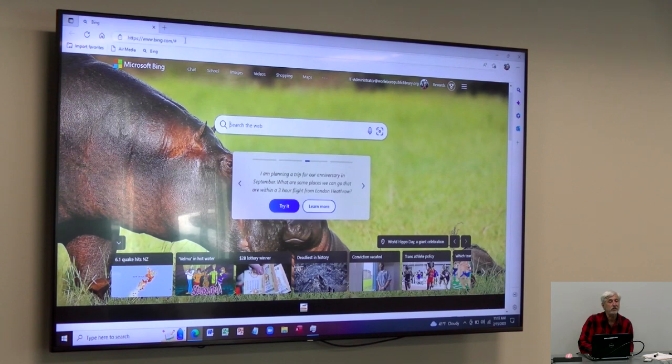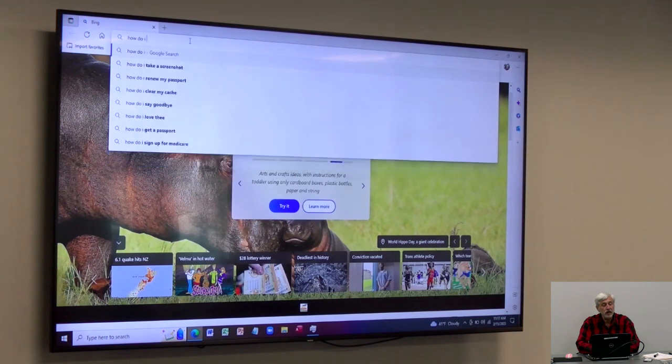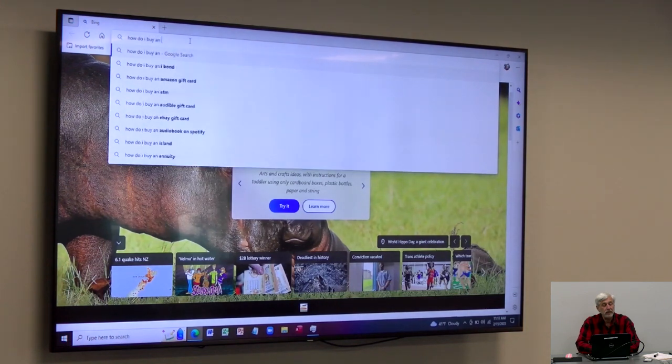It used to be you had to put in the URL, the address of whatever you were looking for, in the correct format, or it would reject it, just like DOS did that I showed you. But the address bar has also become just like the search bar down here. You can type in anything, and it will think about what you mean and correct it and give you an answer. So let me see. I want to buy an external hard drive. I've never bought one. How do I buy an external